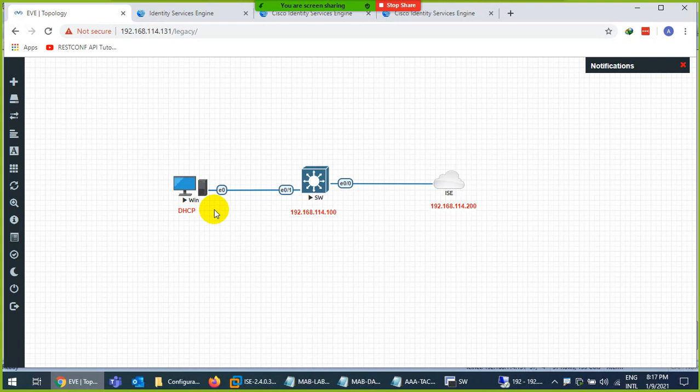But I use a PC here in the lab. Don't be confused, because I don't have any printer here to connect. I don't have such devices where no method is available. Also in simulation, I need a PC to test. In VPC, it will not work. In a Linux system, I tested it just in EVE and it is not working. In the real world, it will work. Anyway, you get the idea.